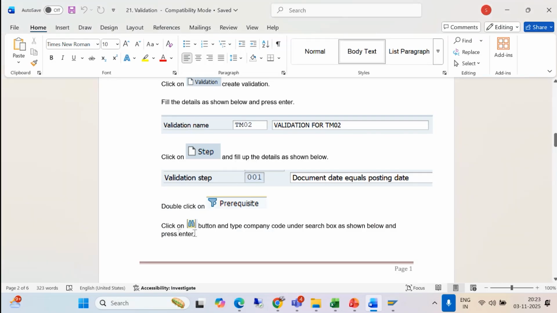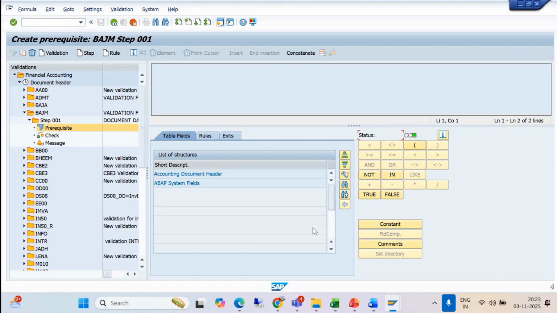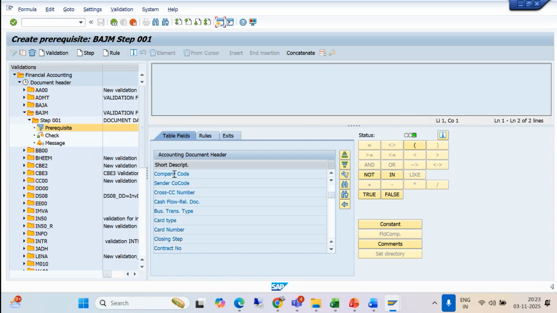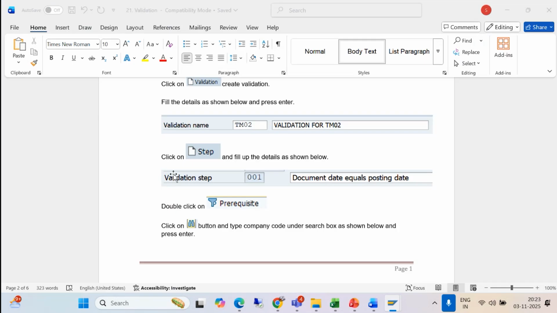So if you see here, prerequisites, click on this binocular symbol button. This is a search button. Search for company code in the search box as shown below and press enter. What are you going to search? Company code. You are writing the validation for which company code? Just double click over here on company code,